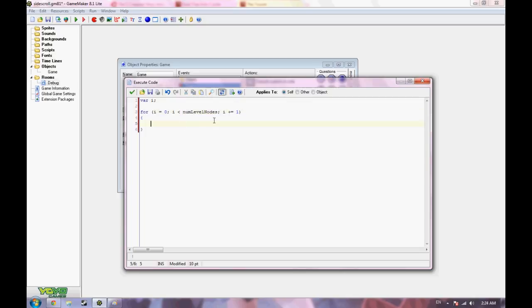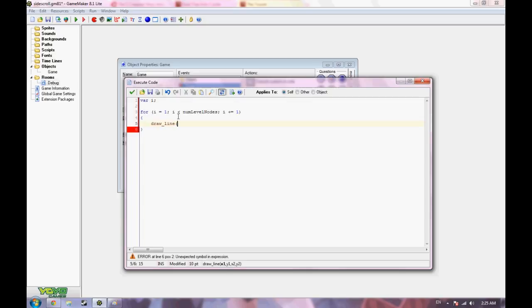Actually, for what we're doing here, it should start at node number 1 and actually do